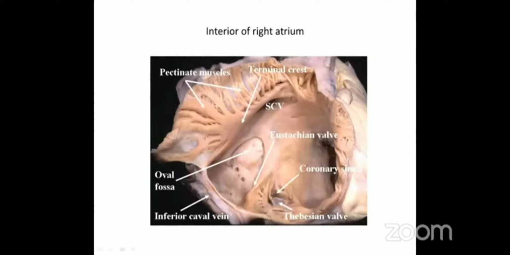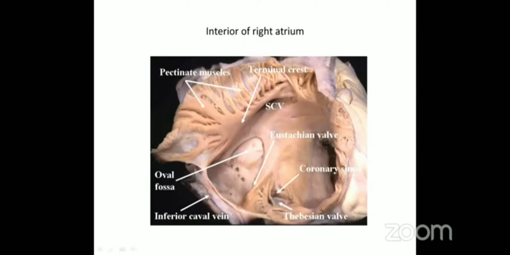This right atrium is separated from the left atrium by the interatrial septum, which you can see here as a thumb-shaped depression, that is the fossa ovalis, which is a remnant of septum primum, and its margin, the limbus fossa ovalis, which is a remnant of septum secundum. All these features should be known. Here also you can see the opening of the tricuspid valve separating the right atrium from the right ventricle. So a labeled diagram is important here for the interior of the right atrium.